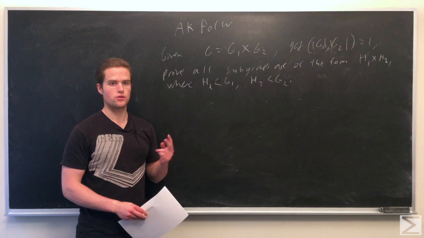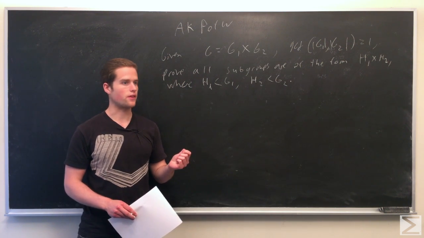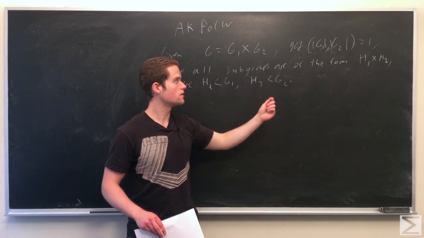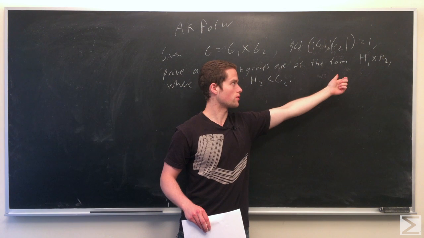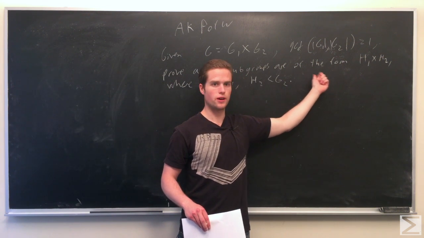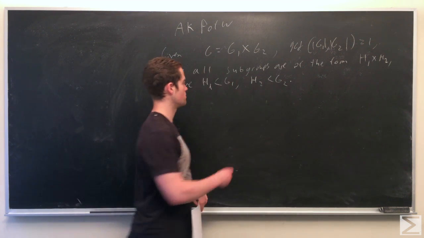So this is going to come in two steps. First, knowing that all the subgroups are in fact contained in a subgroup of that form, and in fact the order of H1 divides the order of our subgroup, and the order of H2 divides the order of the subgroup H, and so they must be equal. So